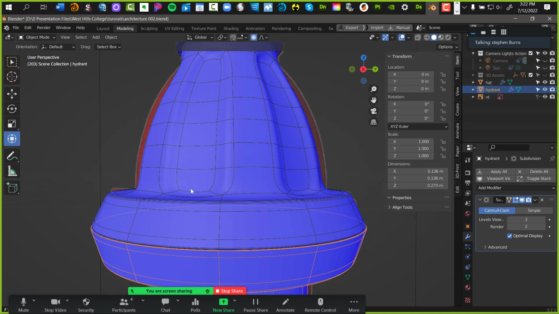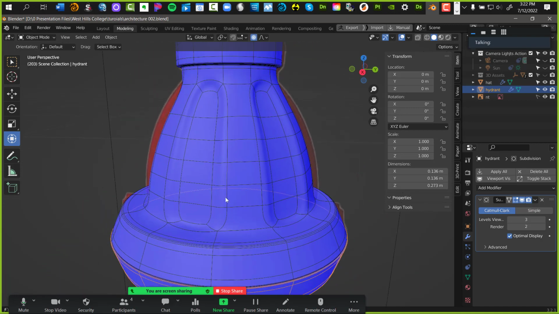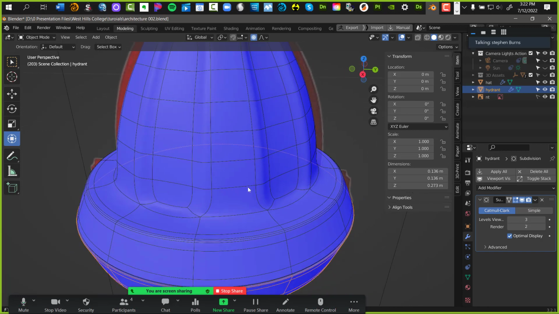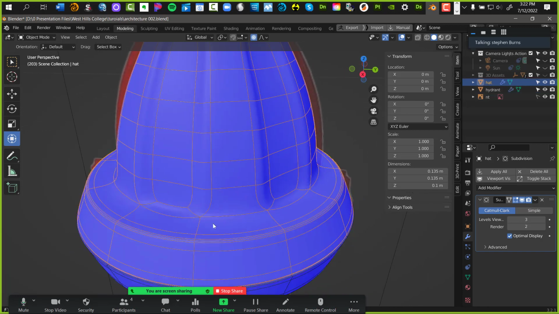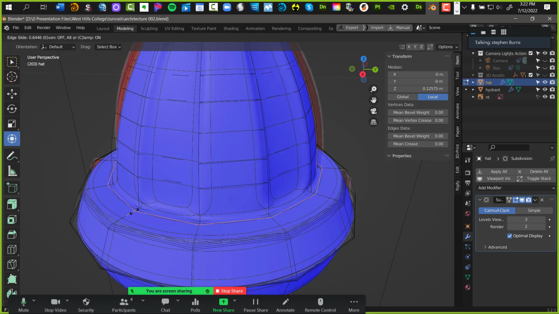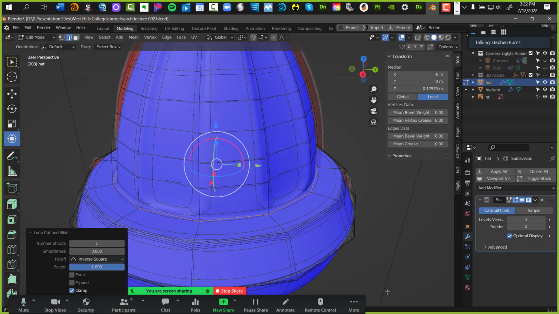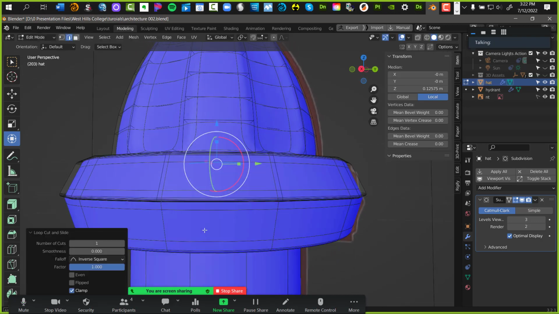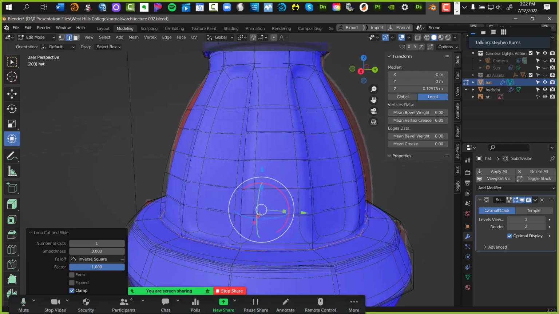I want to hold that edge in a little bit. And I might go ahead and correct that now while I'm thinking about it. So edit mode, Command R, go into there and just push it in just like that. See what I'm doing? There we go. That does it. That holds it in a lot better.